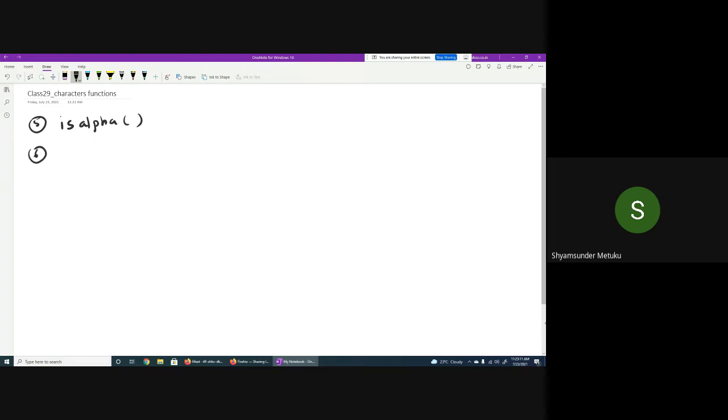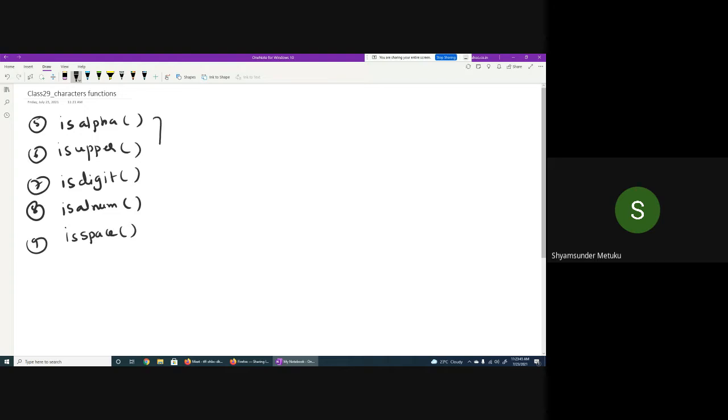The sixth one is called isupper. The seventh one is called isdigit. The eighth one is called isalnum, basically isalphanumeric. ALNUM is the short form. Then isspace.